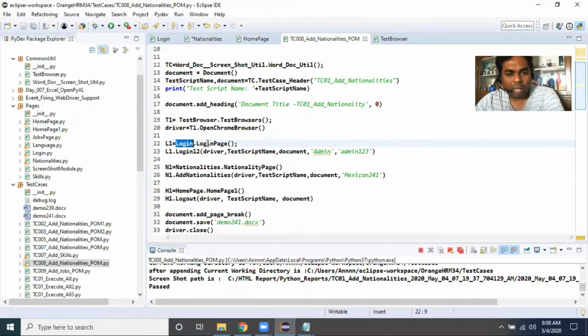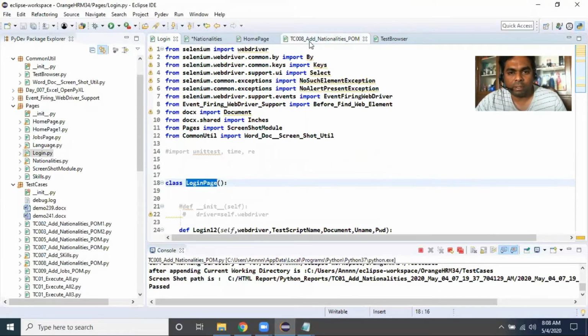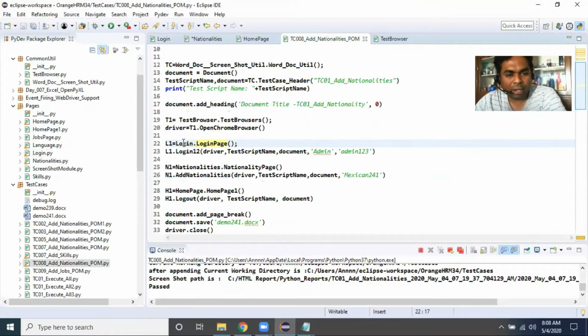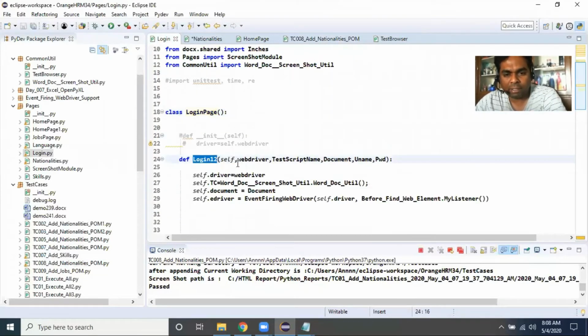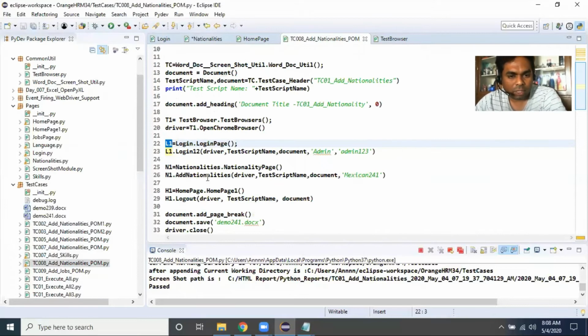For the login page, my login Python file contains the login page class. For this class, I'm creating an object as L1, L1.login12. So under this login page, it contains the login12 method.